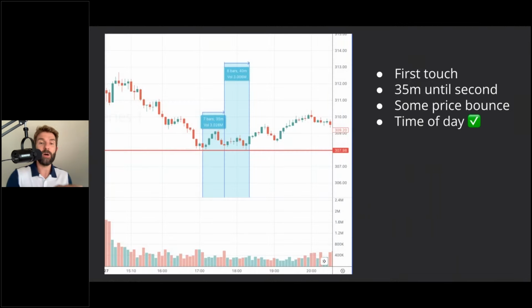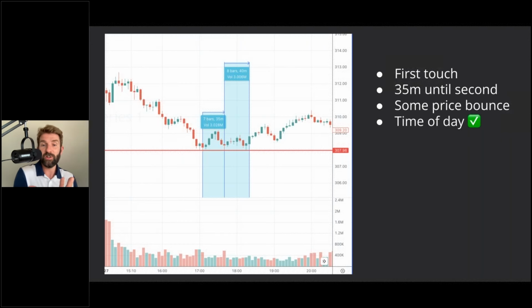So, an example here. I think this was QQQ, which is the NASDAQ ETF equivalent. It doesn't really matter the market. It was just a recent example to show you in the real world. It wasn't perfect, actually, because we had 3 touches, but nothing is ever perfect. And it's better to include recent examples than to pick something from 1904. Look at that, perfect chart. Yeah, great. Everyone can do that.